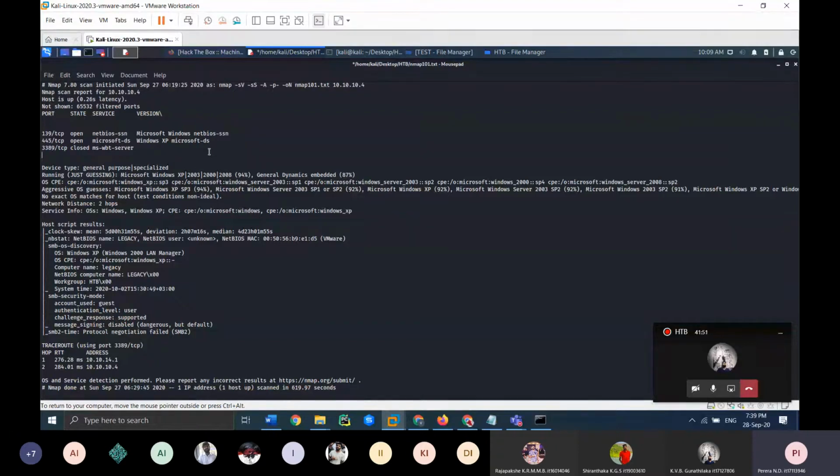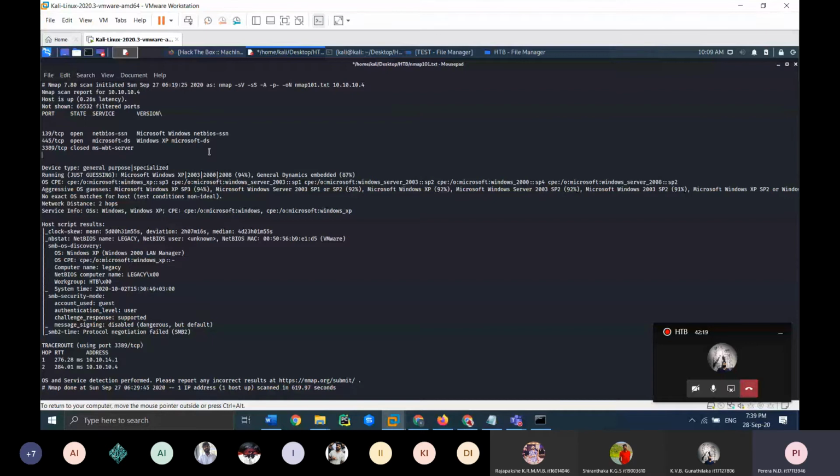So you can suspect that there is an SMB share running inside this machine. We are getting Microsoft NetBIOS SSL. The other one is port 445, which is also reserved for SMB.